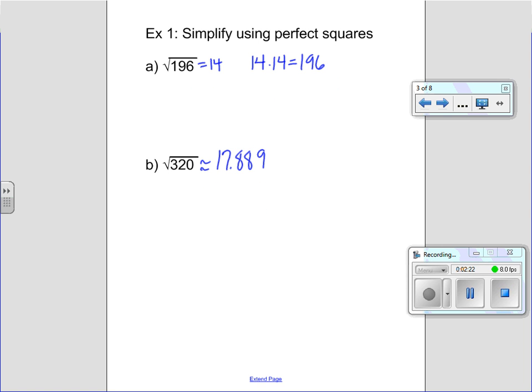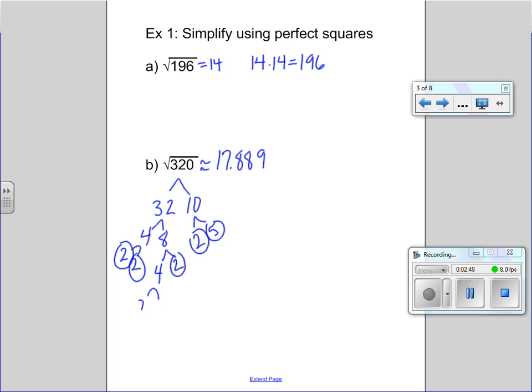What we're going to do is factor tree this. I know that 320 will split into 32 and 10. 32 will split into 4 times 8. 10 will split into 2 times 5. So these are both primes. 4 breaks into 2 times 2, prime, prime. 8 goes to 4 times 2, prime, and then 2 times 2. Once we have this, we can say that radical 320 is also equal to radical of everything that we have listed out. So we have 1, 2, 3, 4, 5, 6 2's,